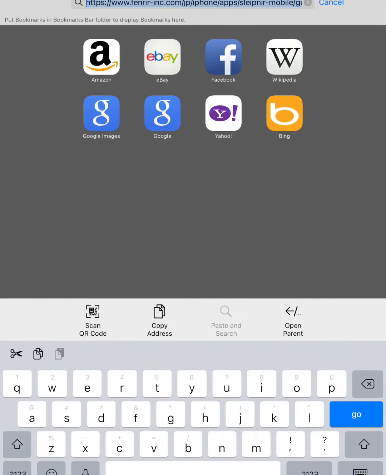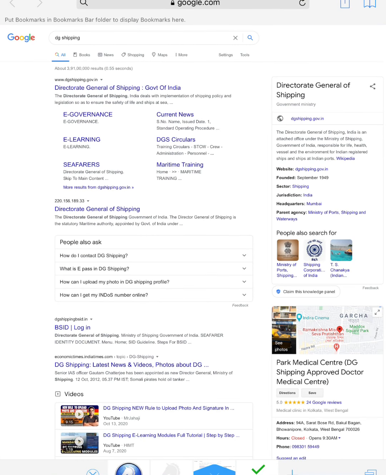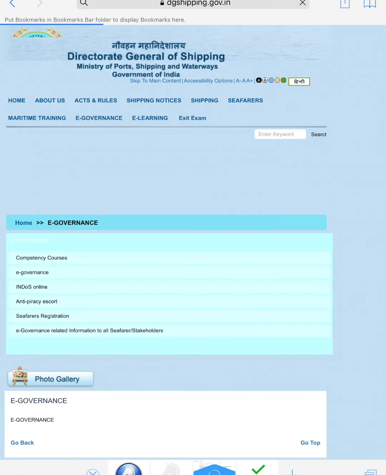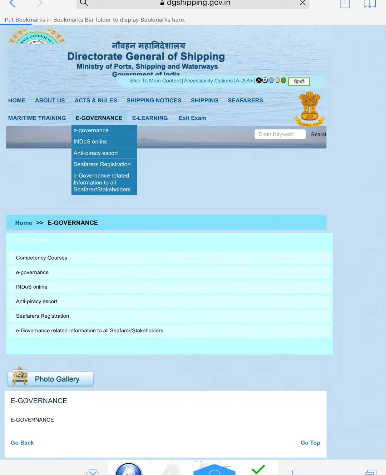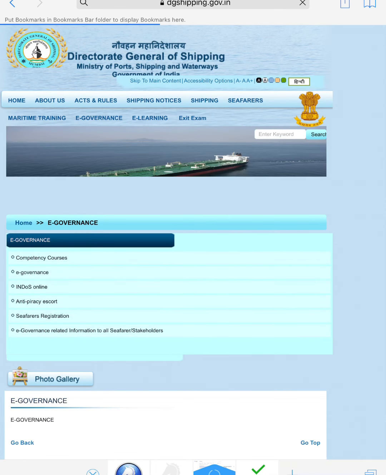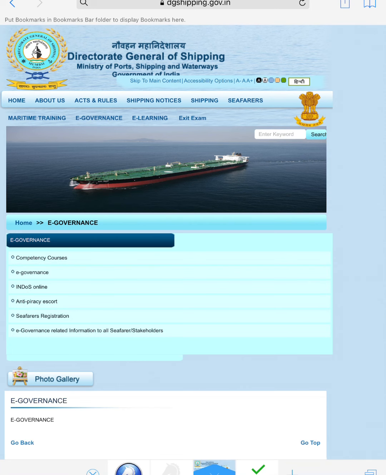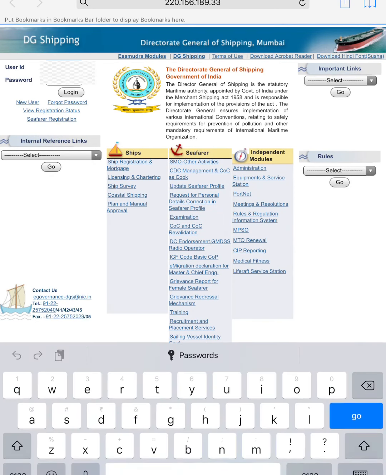As it is an Apple product, there is no issue related to security. Go to the search bar and type DigiShipping. It's a fast browser also. Click on e-governance.